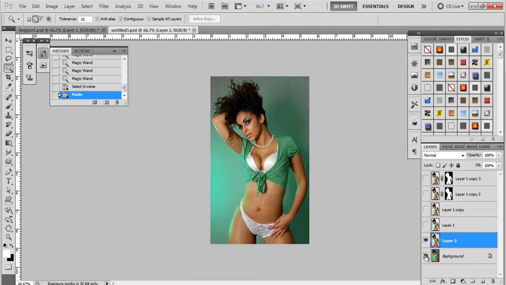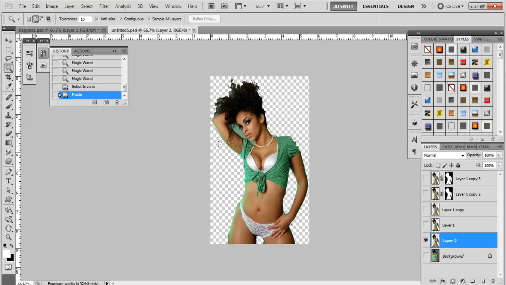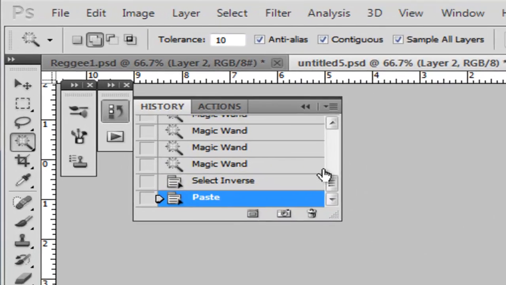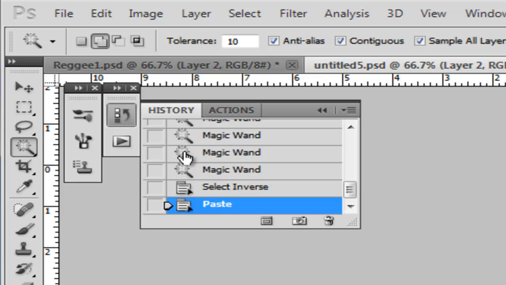So let's go ahead and deactivate the background layer, and this is what you got. Now you notice there are a lot of jagged edges around the model that you're not going to want. So what we're going to do is go back in time. This is your history palette for those who don't know. I'm going to go back on your history palette to where we inverse that selection,